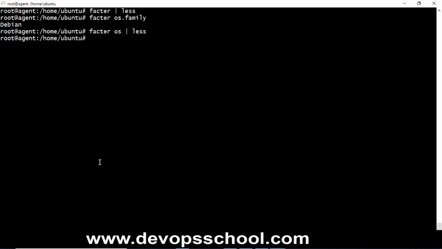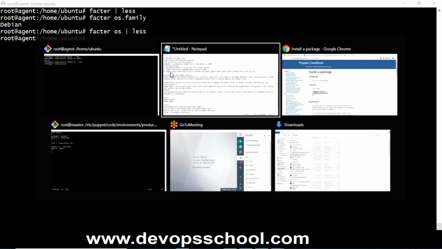Now, say for example, you want to take a particular decision on the basis of your machine's information. So if it is Red Hat, then do this. If it is Ubuntu, then do this. So you can create variables in your code. So I will go to my master,